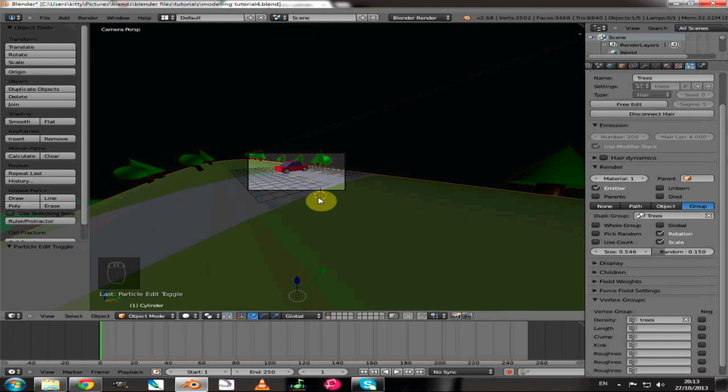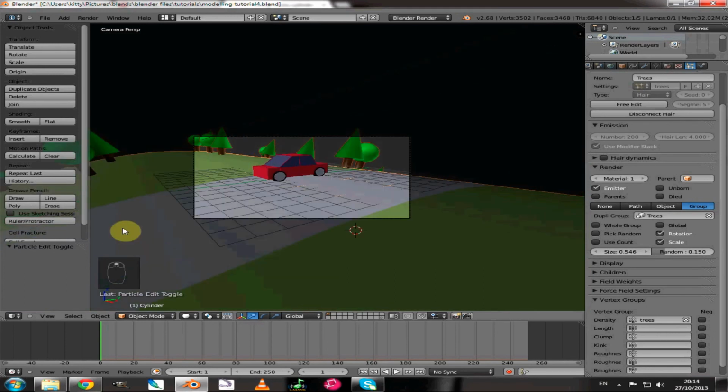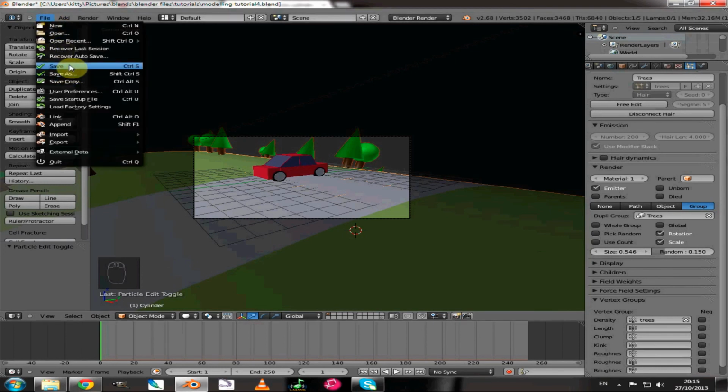And I will see you in the next session, where we will look at the emission particles, which we will use to apply a blowing leaf effect across the plane, and I'll show you how to set that up, texture the particles, and also how to create the alpha image that we're going to use in GIMP, as I said previously. But until next time, let's save our file by going into File,